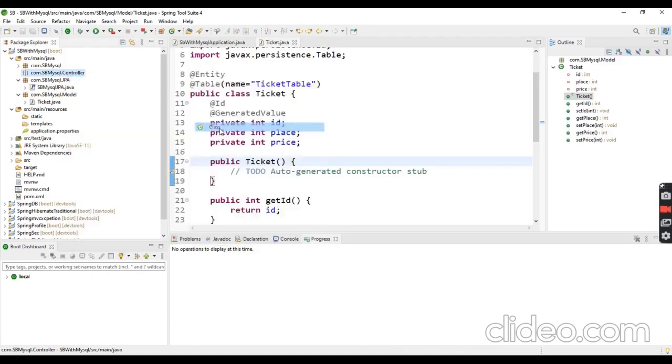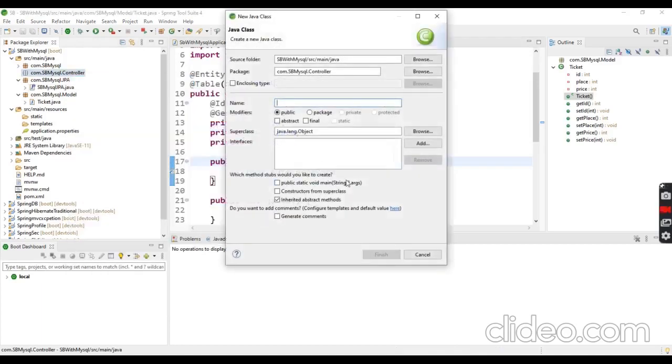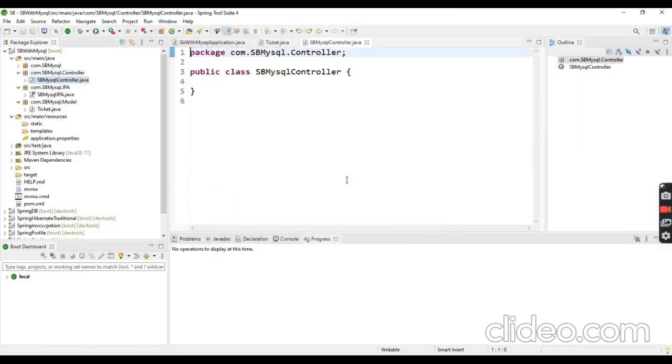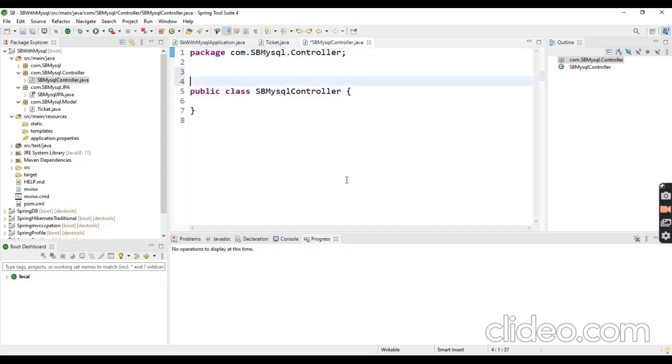Then our next step is we need to create the controller for our project. Let me create a controller class, SpMySQLController.